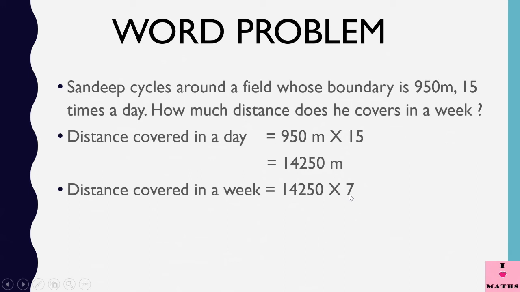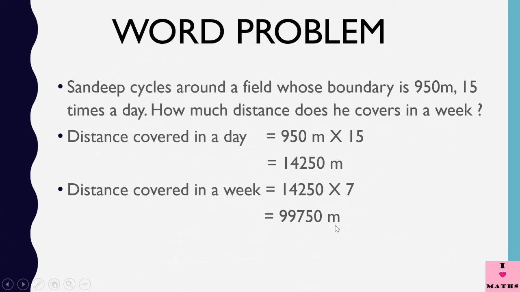So you can do it so easily. See, I'll show you. 7 zeros are 0. 7 fives are 35. 3 carry over and 5. 7 twos are 14. 14 and 3, 17. So 1 carry over and 7. 7 fours are 28. 28 and 1, 29. So 2 carry over 9. 7 ones are 7 and 2, 9. So the answer is 99,750